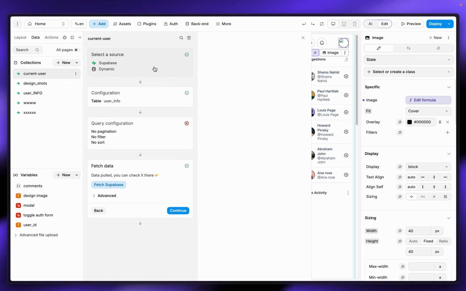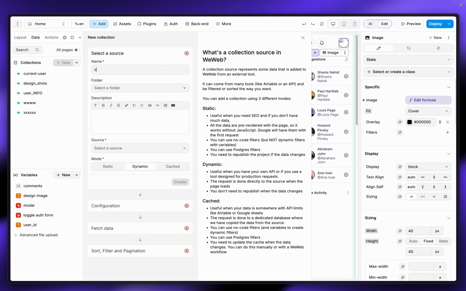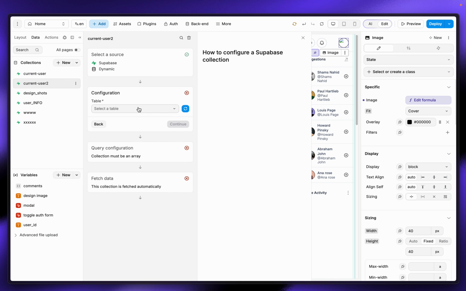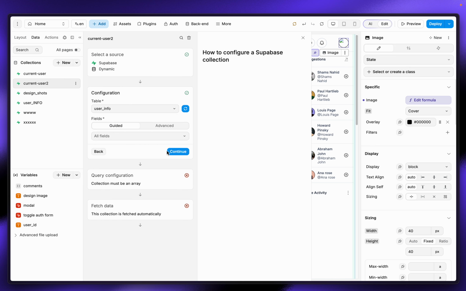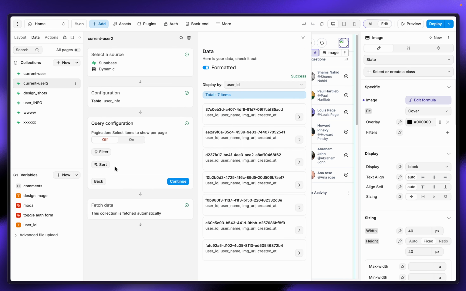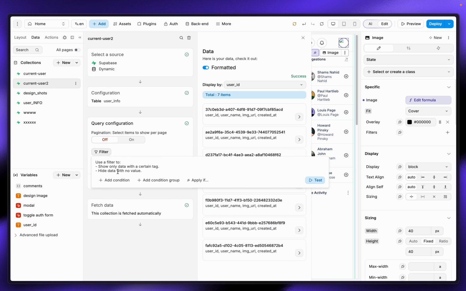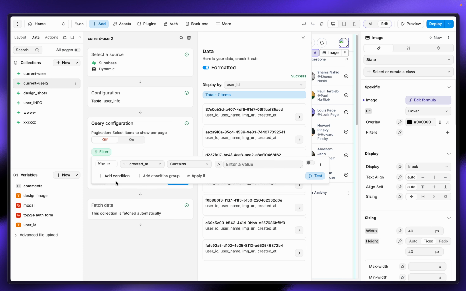So we are going to create a relation here, so you will understand that properly. I have created a new table that I'm going to create again. You can see this one is our current user, like current user 2, and I will link that with our Supabase and create that, and our table will be the user info table. I just need to click on check all fields and continue, and then you will see all the information coming up, but it's all the users' information, but we need the current user's information. We can do that from here, the filter one. If I click on it, there is a condition we can apply, add condition, where user ID